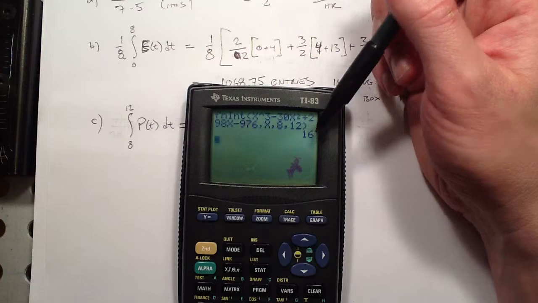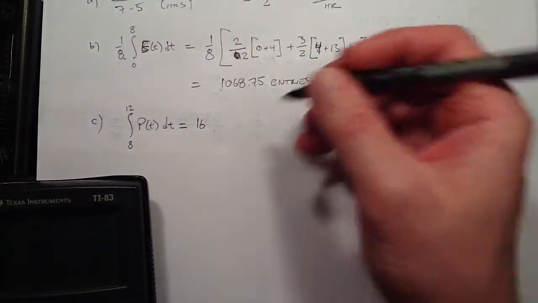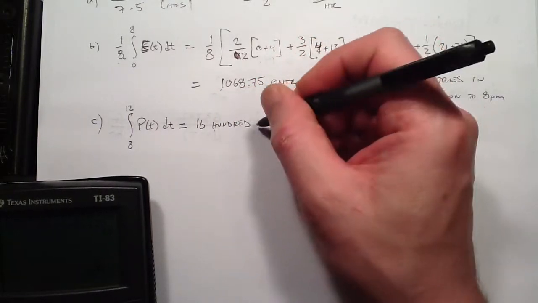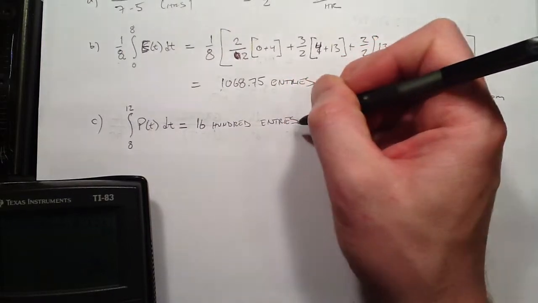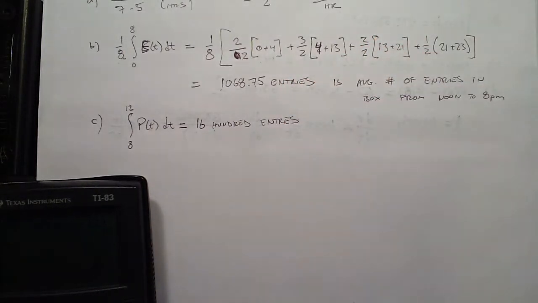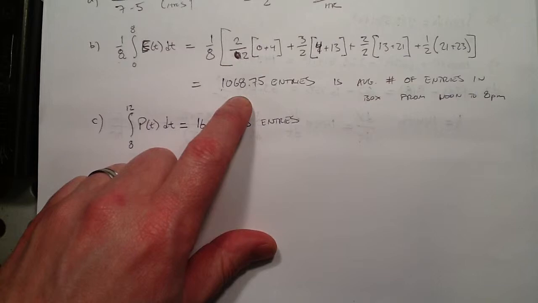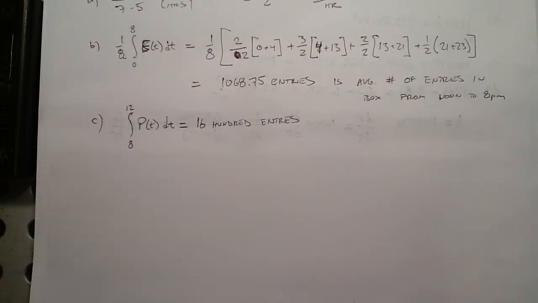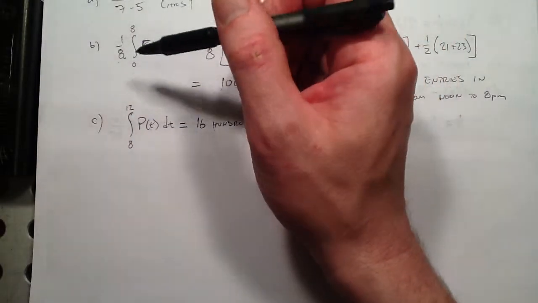And that all looks right. So that's 1,600 entries. Oh, I know what. I'm sorry. That's just the average number of entries. The total number of entries would be not the average number of entries over the 8 hours. It would be